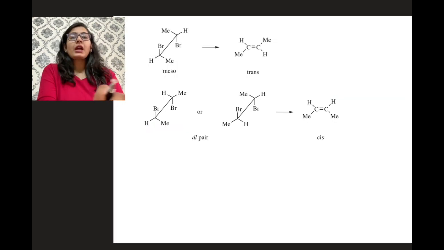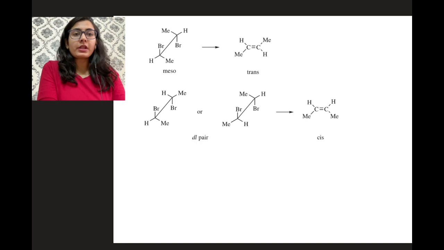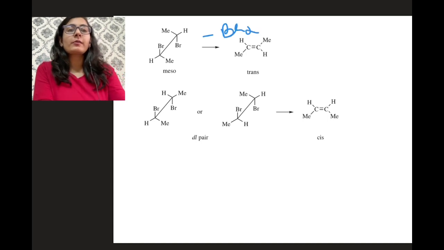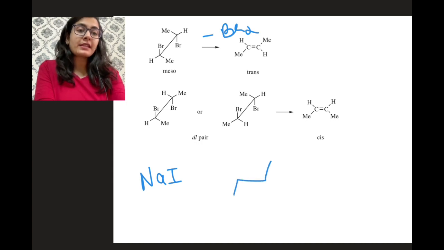Okay, so similarly here in this particular example, you see we want to eliminate a Br2 over here. How is it possible? How do we remove a Br2? Elimination of a bromine gas itself. So it has also been asked in your CSIR exam. You can take sodium iodide because, let's say, there are two bromines anti-periplanar to each other